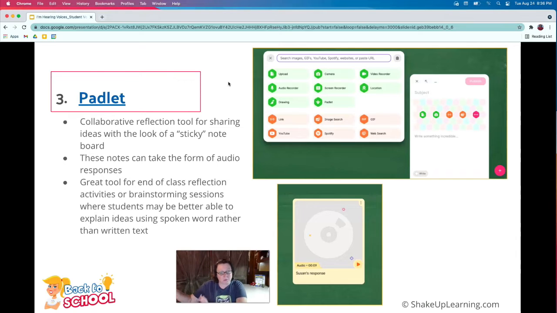And that would be where we would refer to later as we wrap things up at the end for reflection and sharing of ideas. So Padlet looks similar to that,